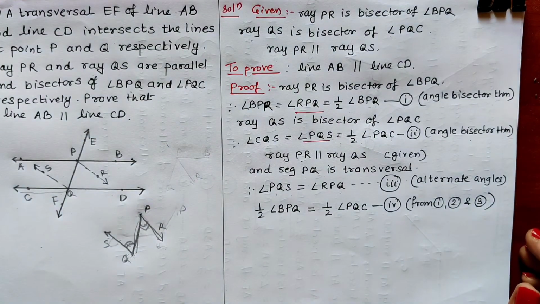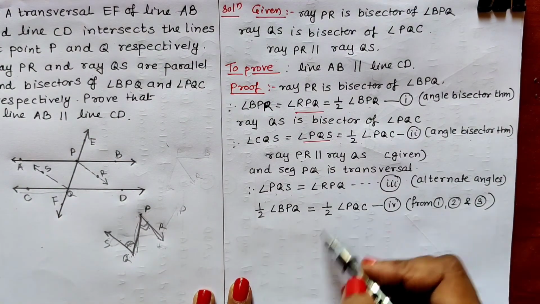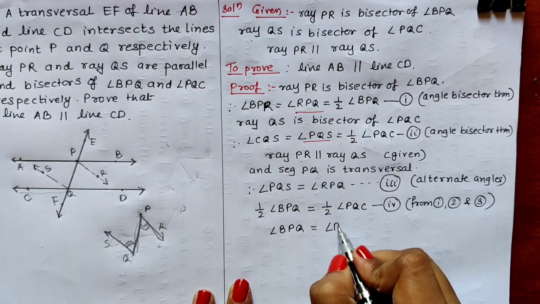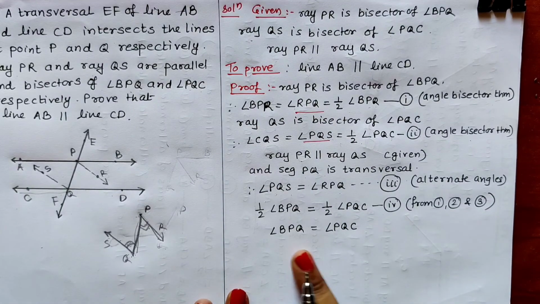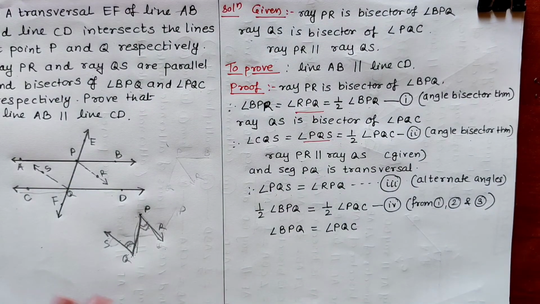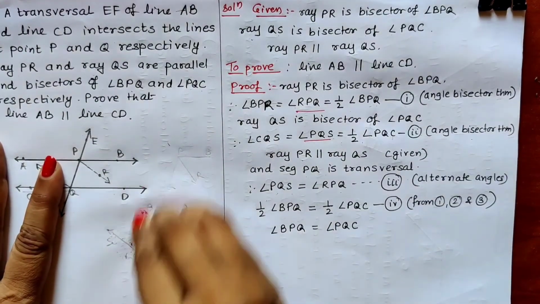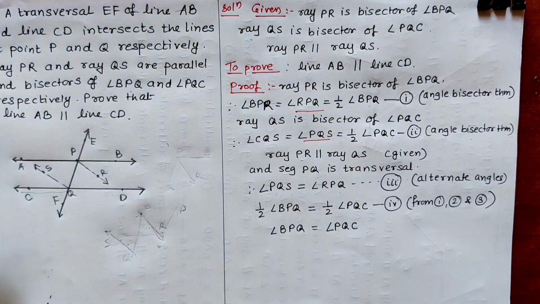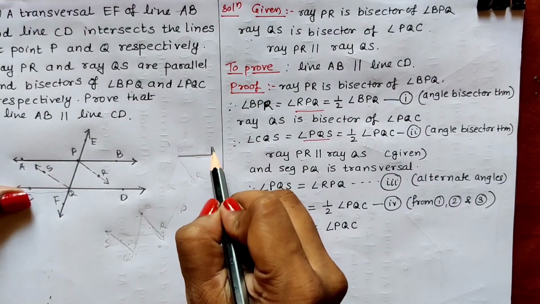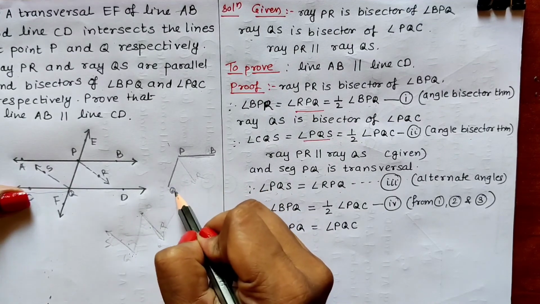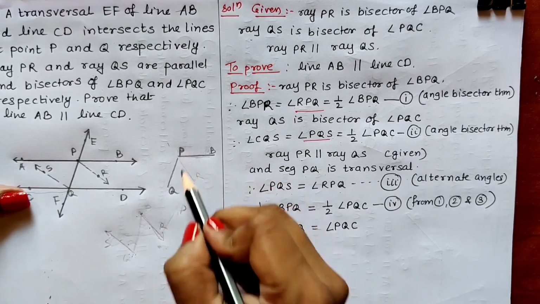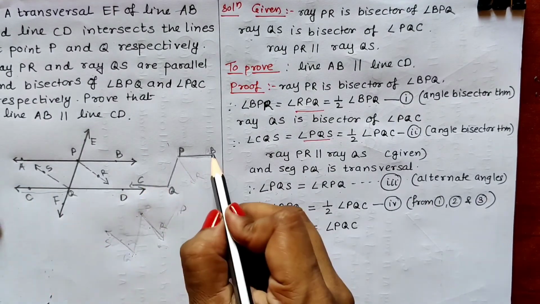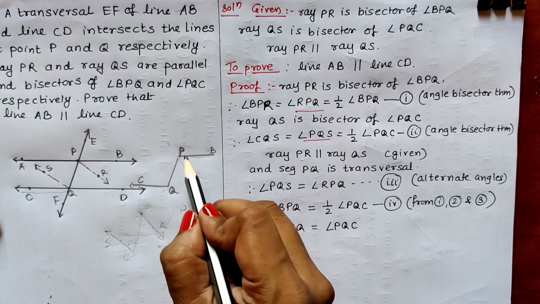Okay. Now let us observe. We can cancel this half. It will become only BPQ is equal to PQC. Observe these two angles BPQ and PQC here. I am going to rub this out again. And we can observe these two angles. Angle B, P and Q here. And second angle will be PQC here. See on this side we can see here. So BPQ and PQC, these two angles are congruent.